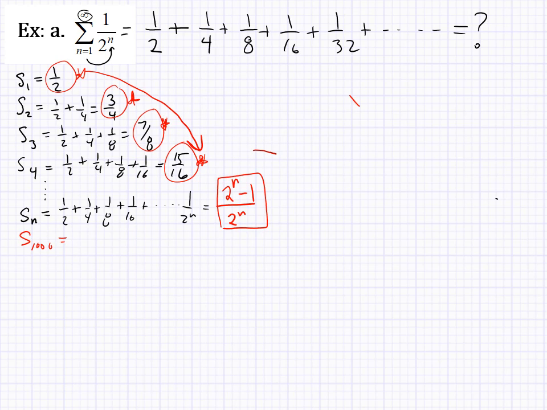Okay? So that tells me if I was to add the first 1,000 terms of the series, I could figure out what my answer is. All right. Now the question here: does this sequence of partial sums converge or diverge? What is the limit as n goes to infinity of the sequence of partial sums? So this is where what we learned about sequences of partial sums converging and diverging will come into play.